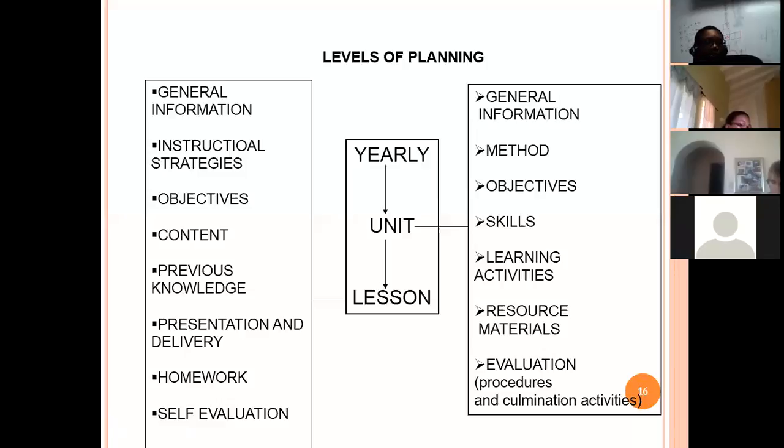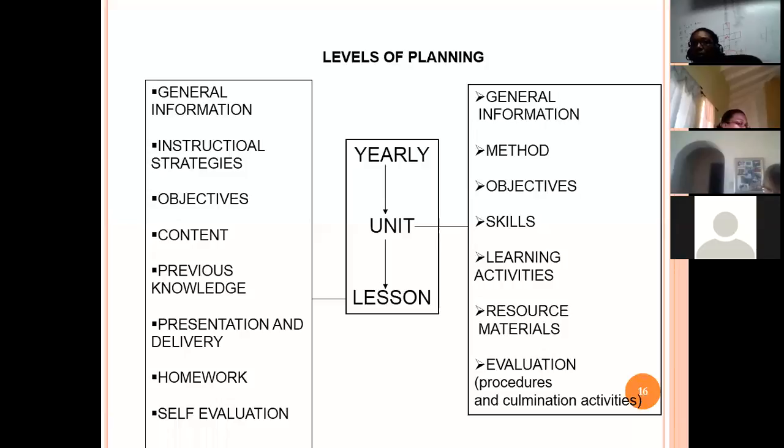What are those instructional strategies that you're using? And we have spent some time, and you have spent some time last week looking at some of these strategies and methods. The objectives of the lesson, what are they? And in particular, we're looking at the specific objectives, and Metz would have spent some time last week looking at Bloom's taxonomy and how to write objectives. Okay, so you are familiar with that,